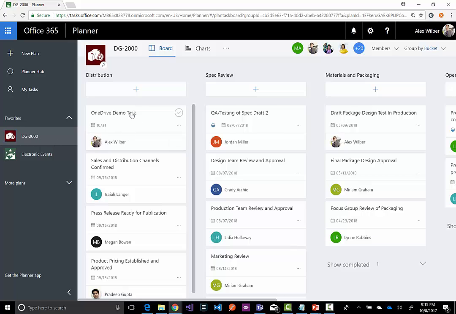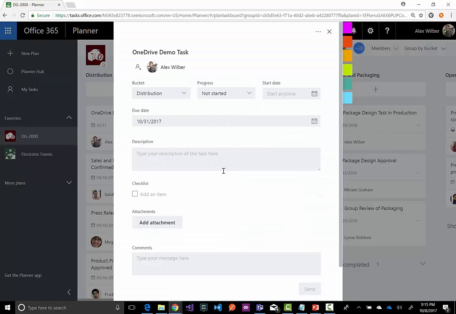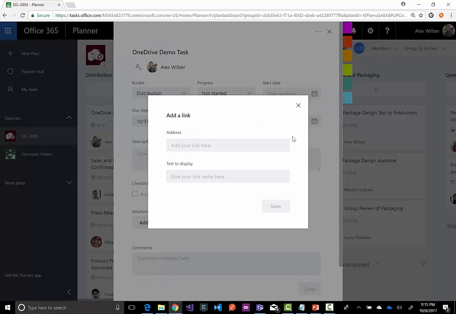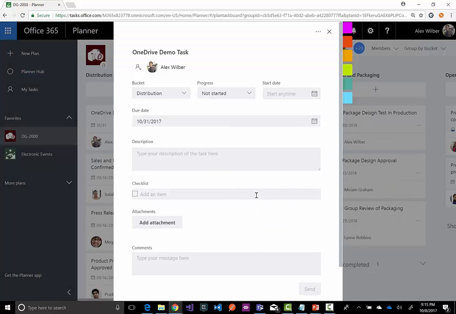Now, I have a task here, OneDrive demo task, assigned to me. I can open the file. Now, as you see, when you open that specific task, you have an option to attach a file. By default, there's a file option that goes to your local drive or local machine, and the link, so you can attach a link, and this could be your copied link from OneDrive that you can attach here, and SharePoint. Now, logically speaking, in this case, when you're using Planner, SharePoint would make a lot more sense. The reason for that is because